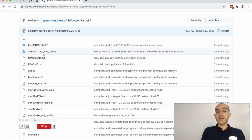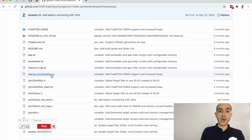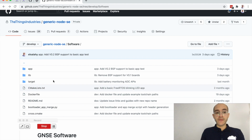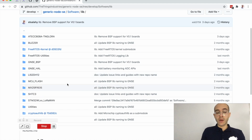So we will find the hardware abstraction layer for that SoC, and we will find a lot of other relevant target files such as the linker script and the startup and the configurations for the HAL. If I navigate back to lib, I will find sensor peripherals, drivers, and libraries that allow the application to actually drive these